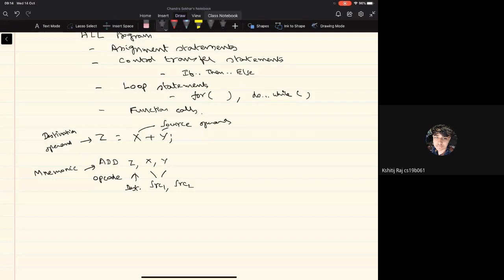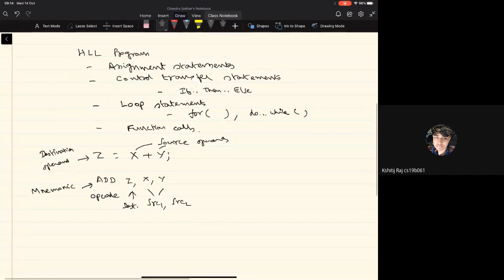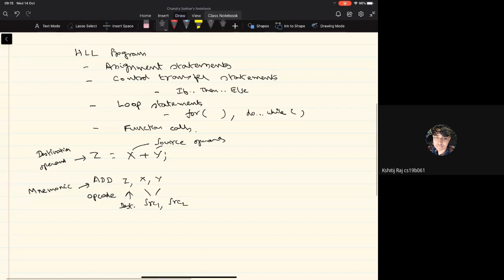But though it is very easy to translate a high level language statement into a machine level instruction here, the representation of this instruction becomes long in terms of the number of bits that are required. This is what we were discussing in the class yesterday, right? Basically, each of these source operands and the destination operand are referring to what are called the variables, and each of these variables will have a memory address where the information about the variables will be stored.